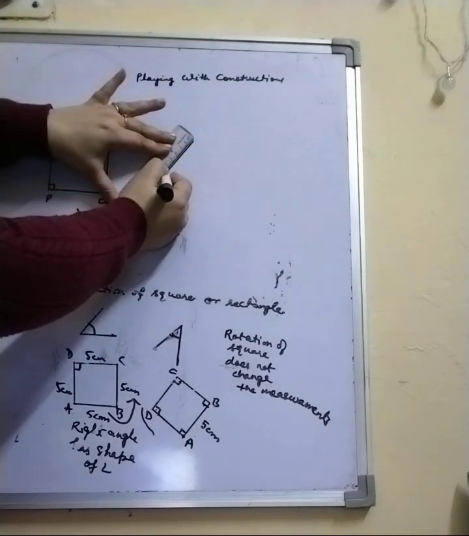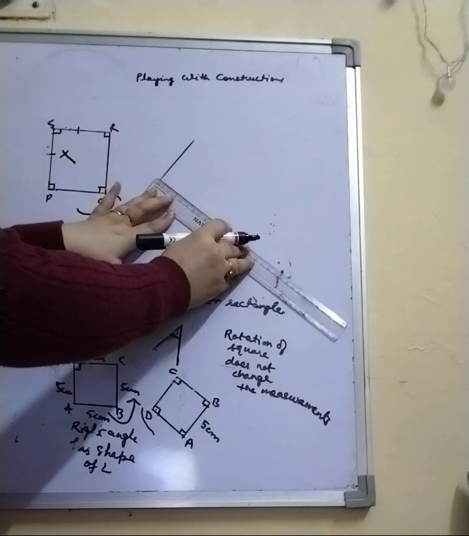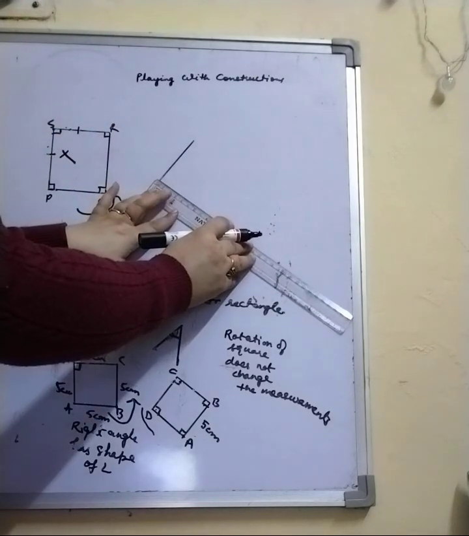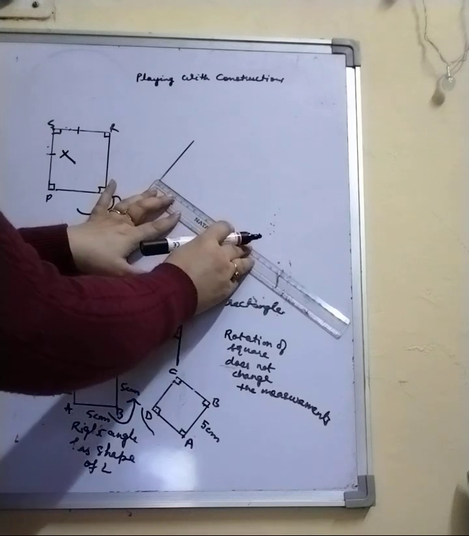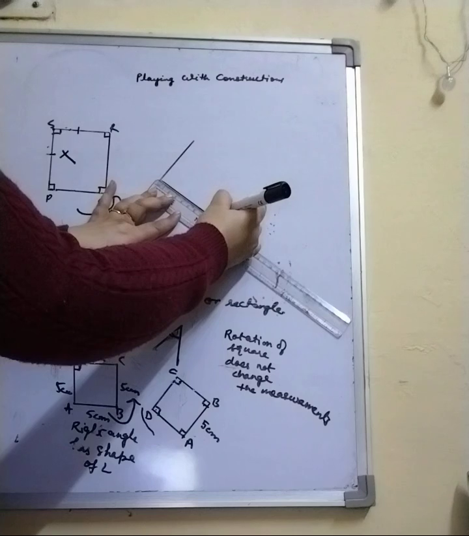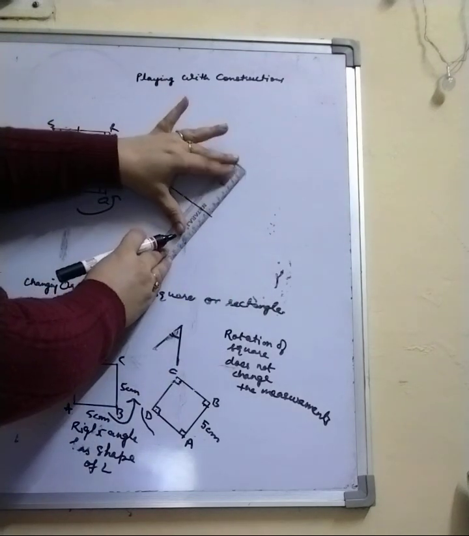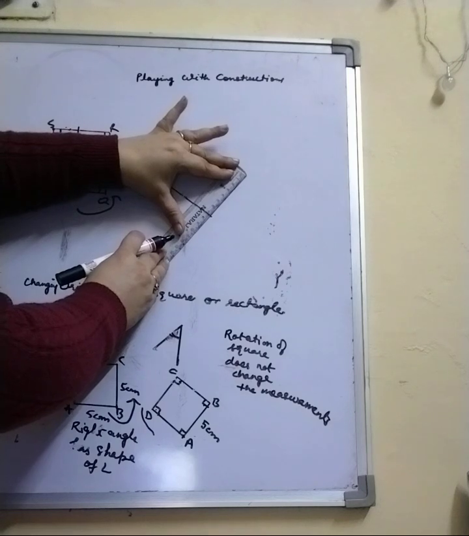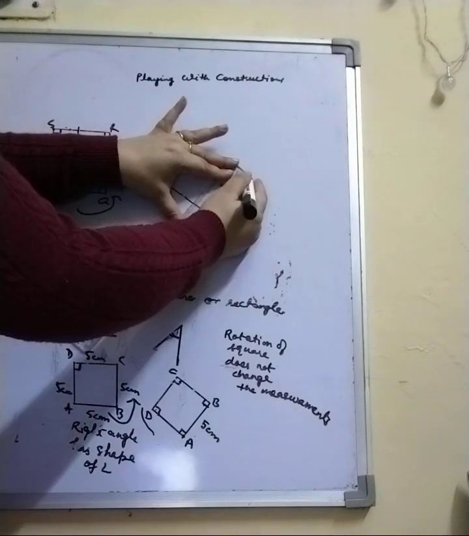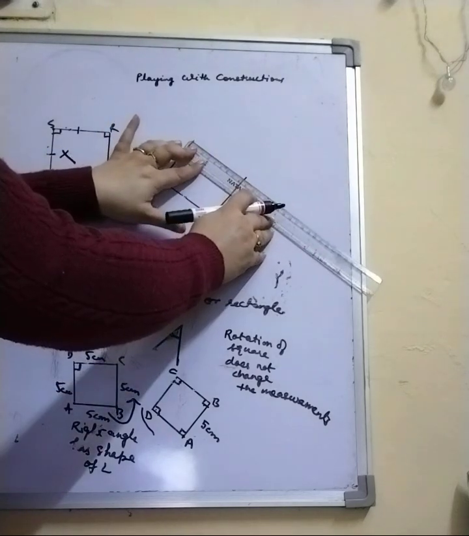So this is 7 centimeter and again the 90 degree would be L shape. So make it as L shape here. Then 7 centimeter L shape here and 8 centimeter